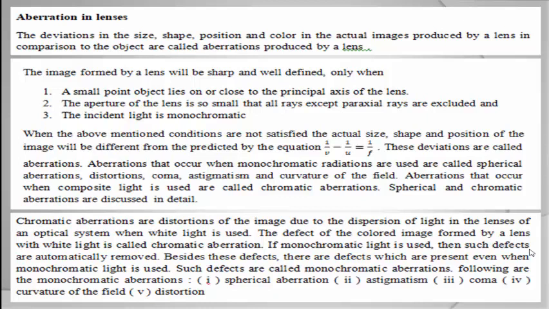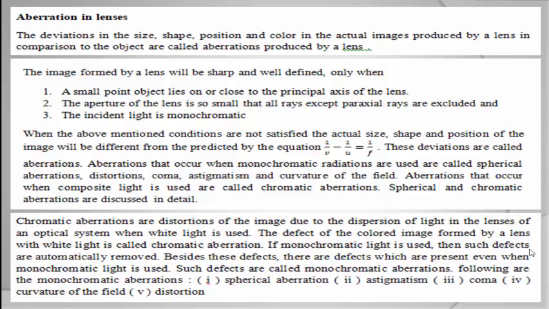The aperture of the lens is so small that all rays except paraxial rays are excluded and the incident light is monochromatic. When the above mentioned conditions are not satisfied, the actual size, shape and position of the image will